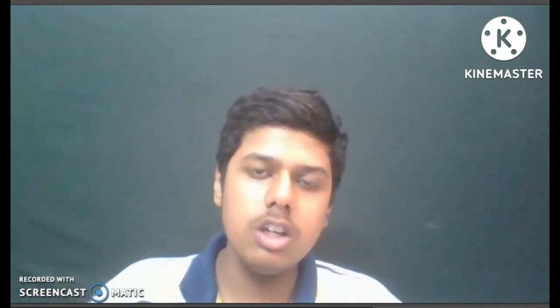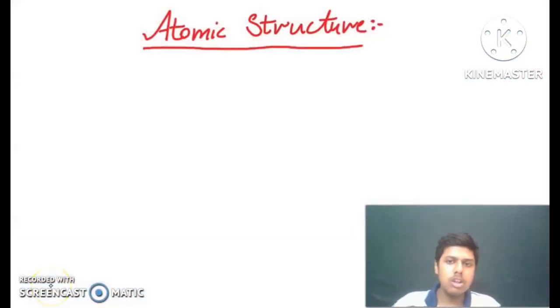Today we are going to deal with the topic atomic structure, which is common in both chemistry as well as physics. Now, first of all, we have J.J. Thomson's model. In J.J. Thomson's model, first of all, the scientist J.J. Thomson discovered the electron. Now, another thing, it is also called the plum pudding model, in which